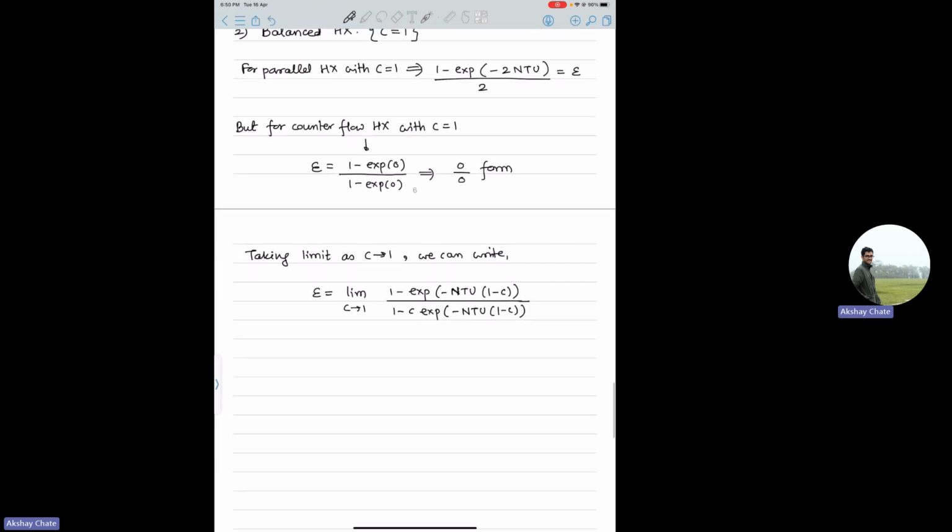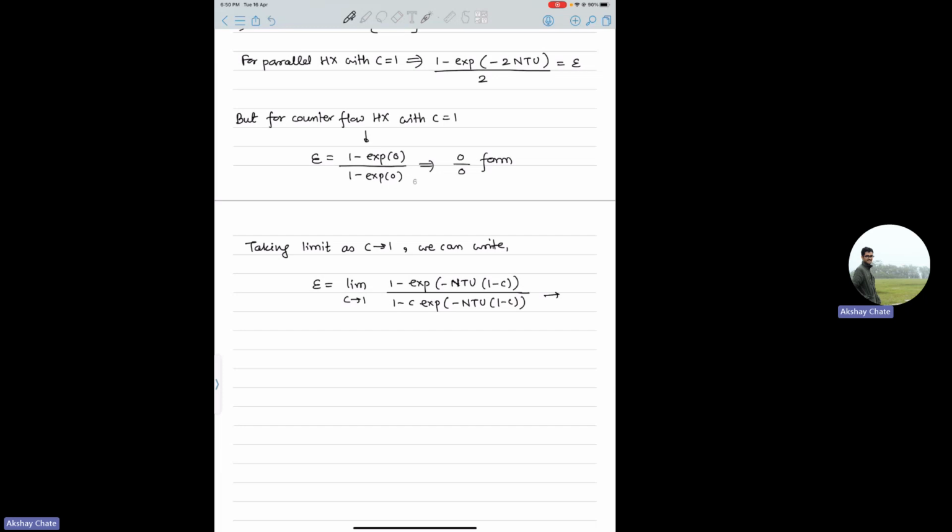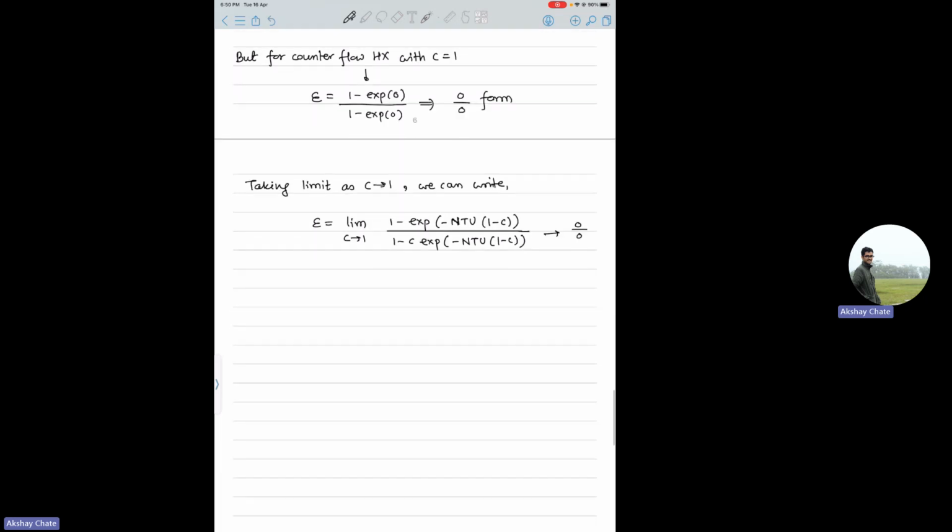So we know this is a 0 by 0 form, right? So we have to apply L'Hospital's rule and differentiate the numerator as well as the denominator. And if you do that, what you get is